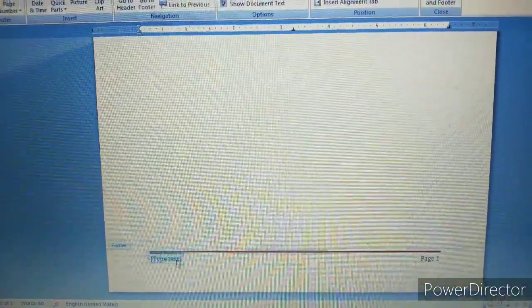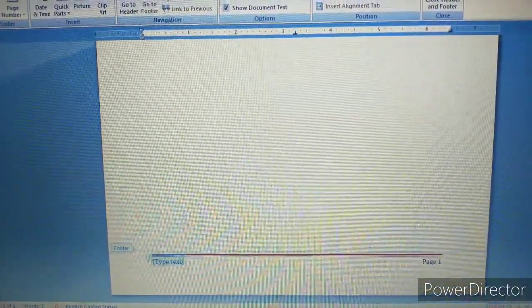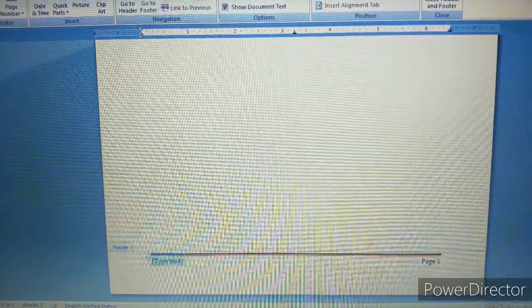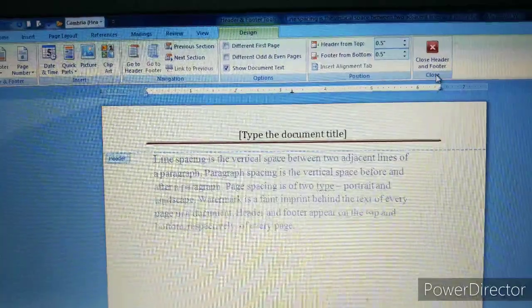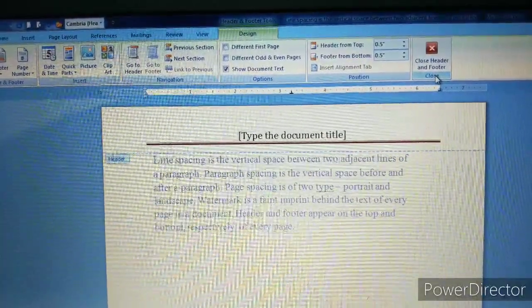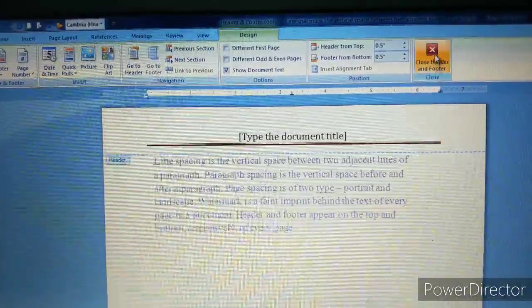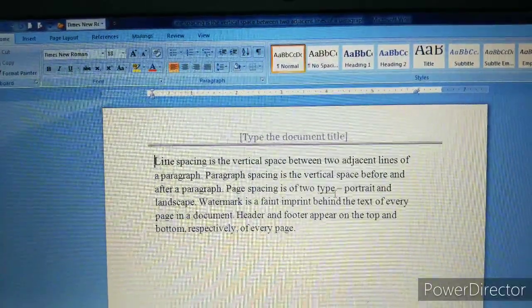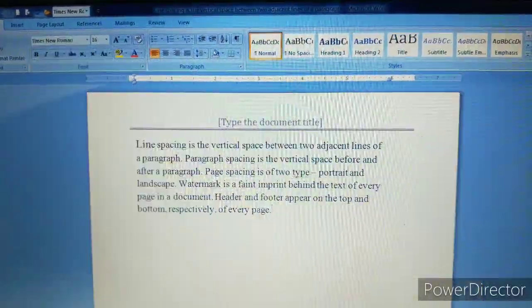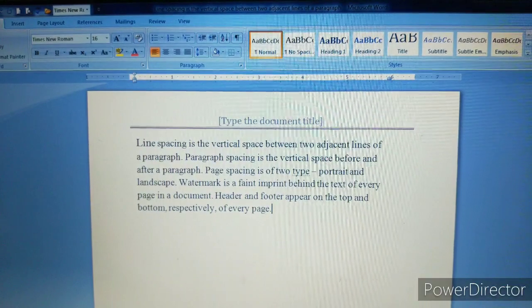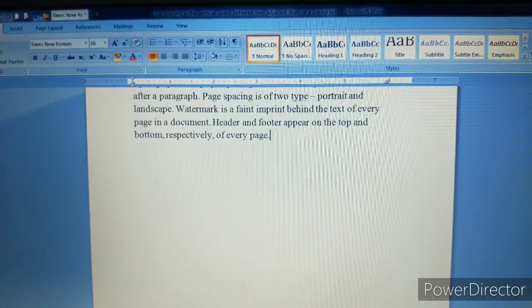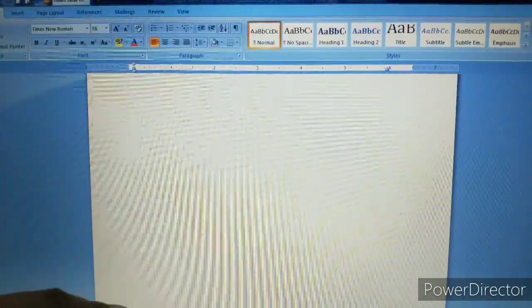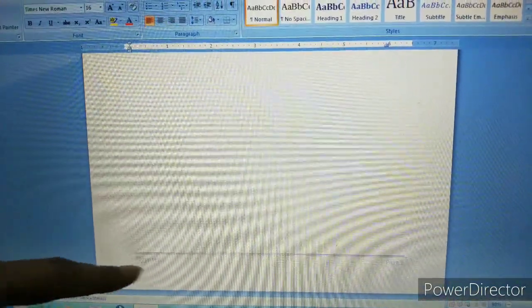Here also you can type any text, and if you want to close this header and footer, you will click on the last option, that is Close. When you click here, it will save the document title on the top, that will be the header, and at the bottom it is the footer.